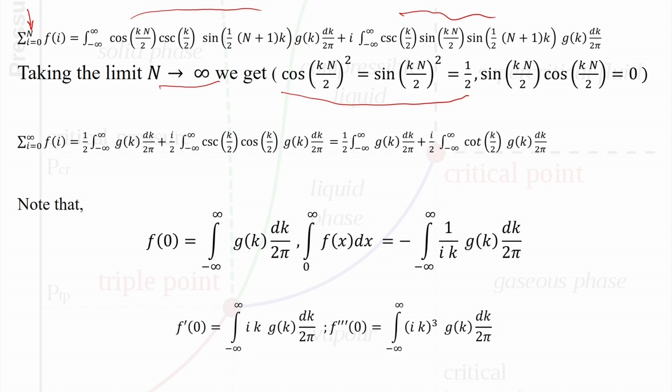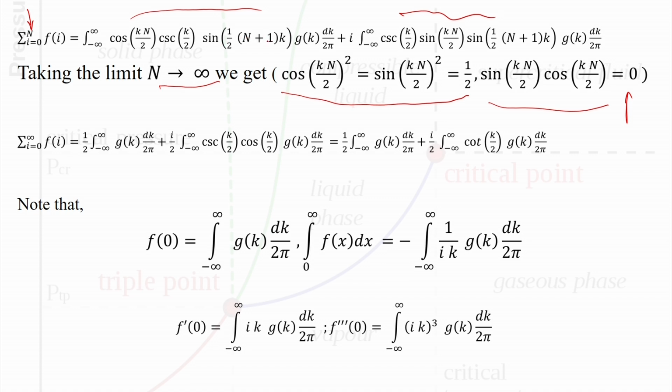It's always between 0 and 1, and it flips between 0 and 1 so rapidly that its value is the average between 0 and 1, which is 1/2. So same with, in the case of sine times cos, it is nothing but 1/2 of sine of kn itself. And I told you that because sine of kn oscillates rapidly between -1 and 1, it averages out to 0. So now with those ideas, I'm going to use the trigonometric identity here and write this as